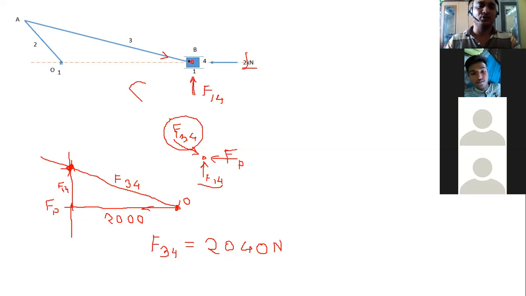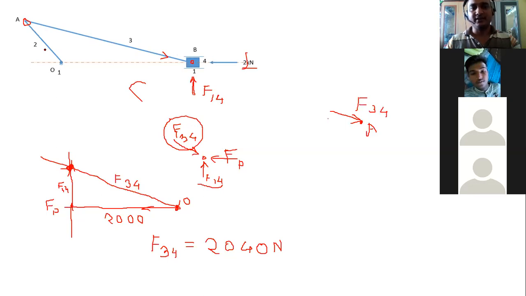After this point, go to the second point. The second point is here, the A point. So take that A point here. Then see which forces are there at this A point. Always remember, at this point there are only two forces. Which are those? One is this force, which is along the connecting rod. That is your F34. Already we have mentioned it over here. The same force will be along the connecting rod.